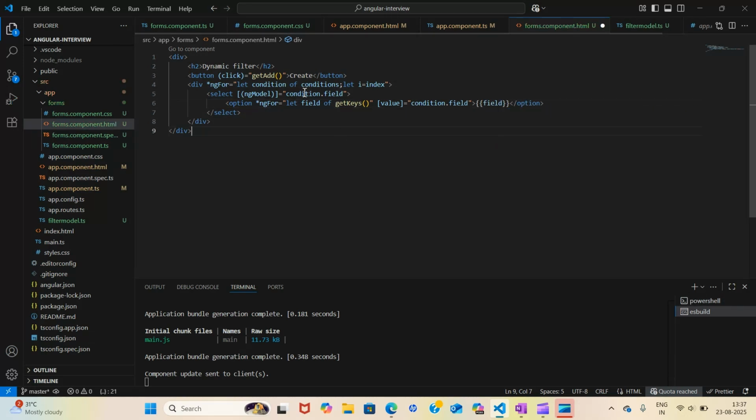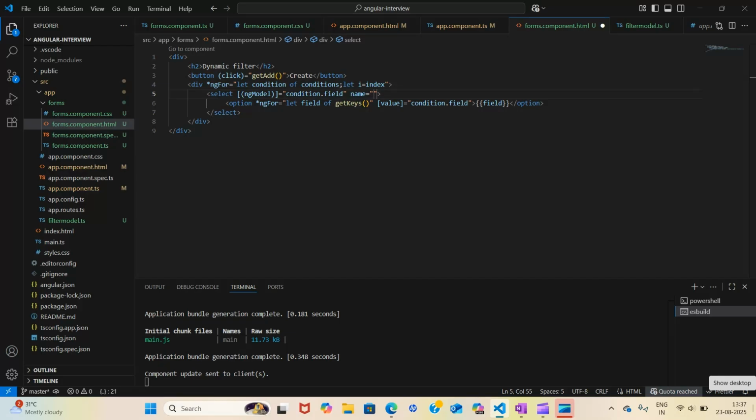Right now it is not coming, but there is one error which comes with ngModel when you use it. If you don't use a name with it, this name is important. Otherwise it will say that this ngModel is not part of your form, and if you are using a form you haven't set the value. So this error comes in your console, but it doesn't affect your working, though it is there in your console.